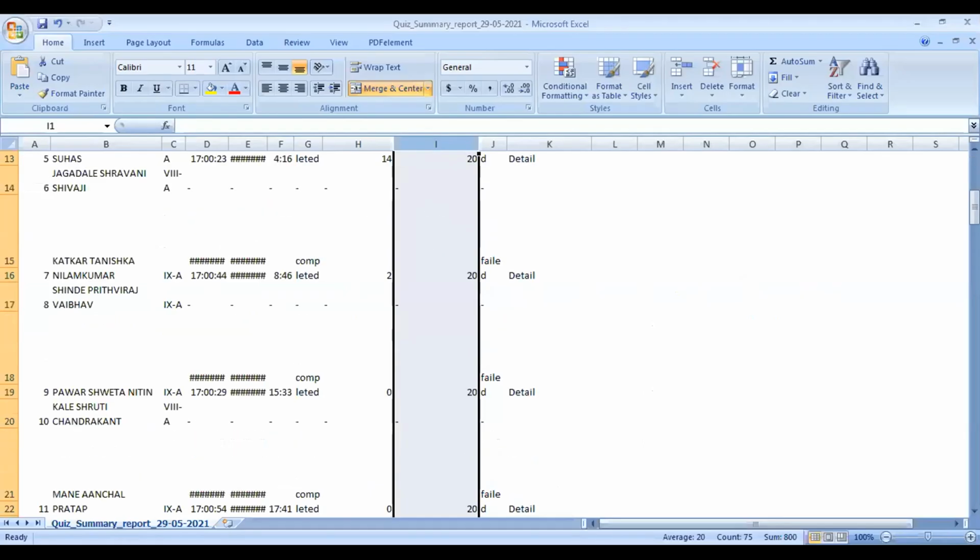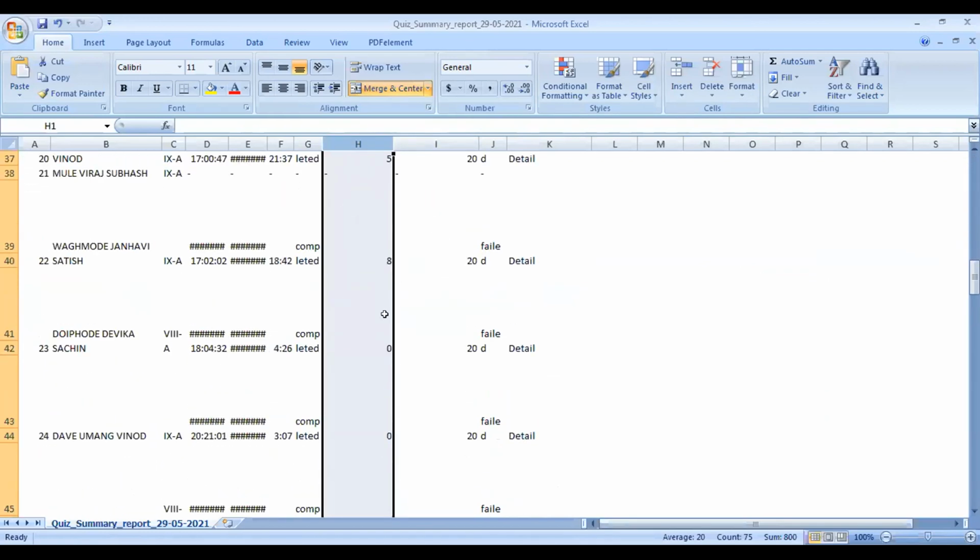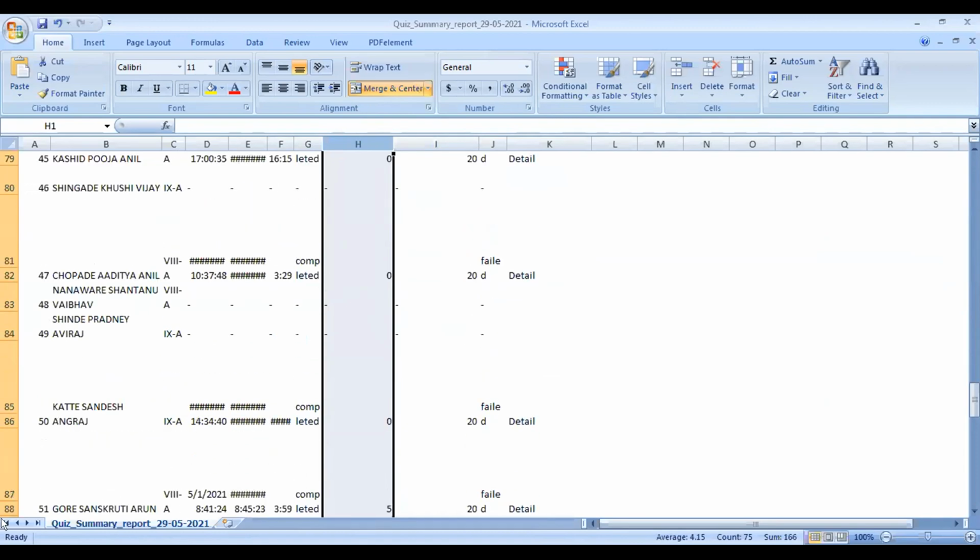Okay, so we can see an Excel sheet of total scored marks and total marks. Basically, we get an Excel sheet.